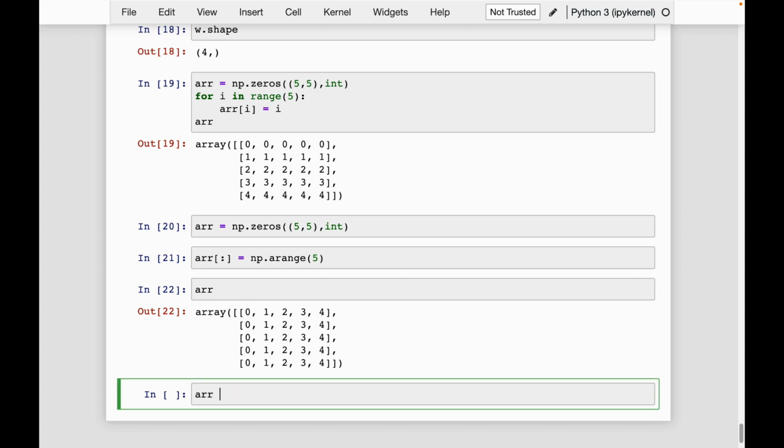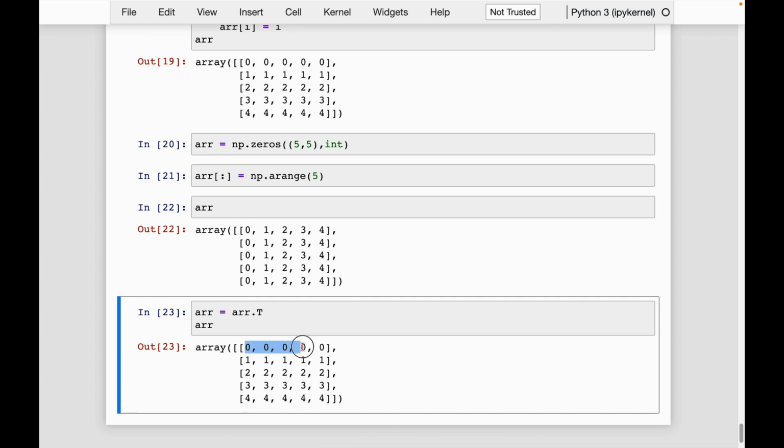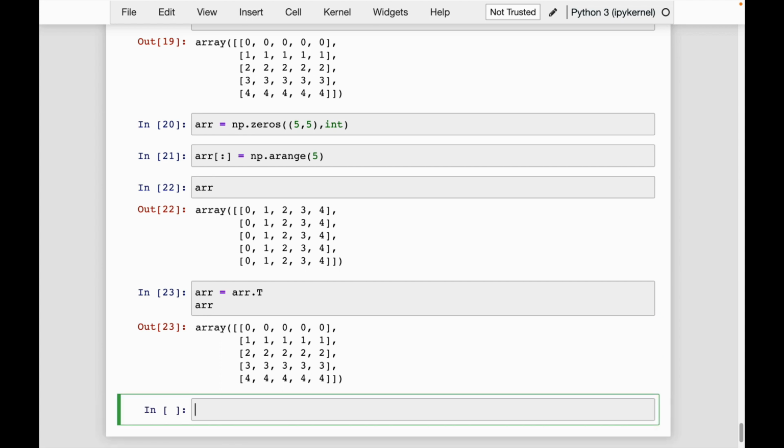So the way I do that is I say arr equals arr.T for transpose. And then I can see here, this gives me exactly the array that I had wanted. What about if we didn't want to make it using the transpose? So another way that we could do this is I could instead say arr, again take everything,